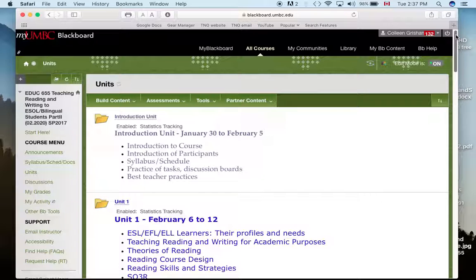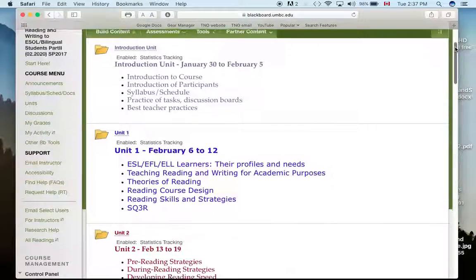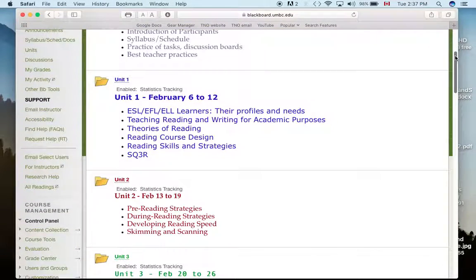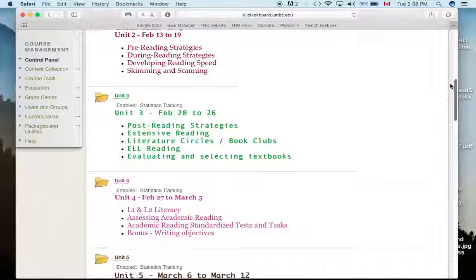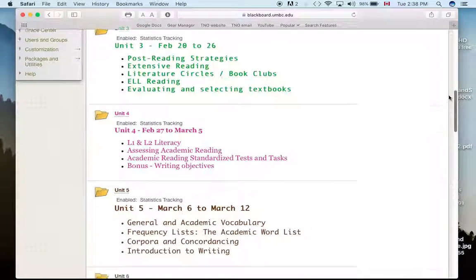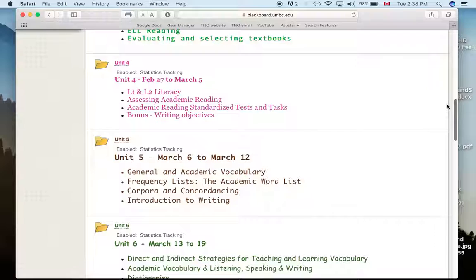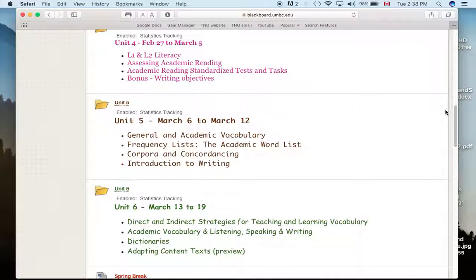Just in case you're wondering, I'm just starting here and scrolling down, and you have to do this every time, of course, but it's interesting for us to look and see all the things that we've done so far. We're about halfway through this course, and we've already talked about so many different things about reading and about teaching vocabulary, which is of course directly related to reading. In unit number 6, we are continuing our discussion of vocabulary, and basically the whole idea of unit number 6 is about how to